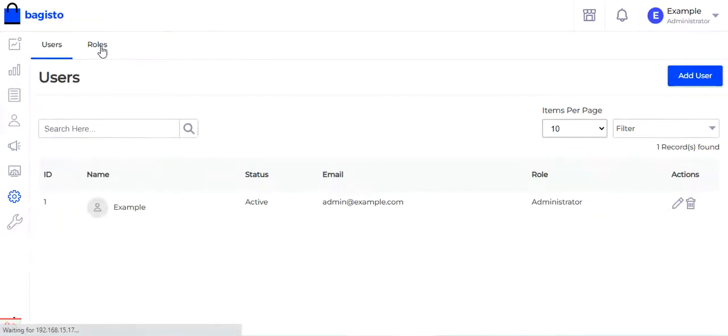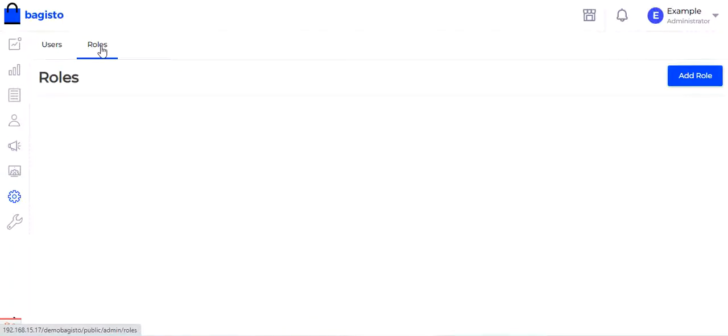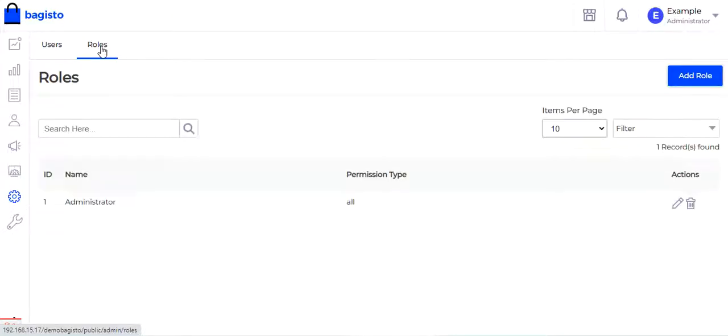Now to first create a role, for example, we'll be creating a role that has access to the sales section only and the dashboard itself in the admin backend panel. So to create the role, I'll tap here on the add role button that I have,